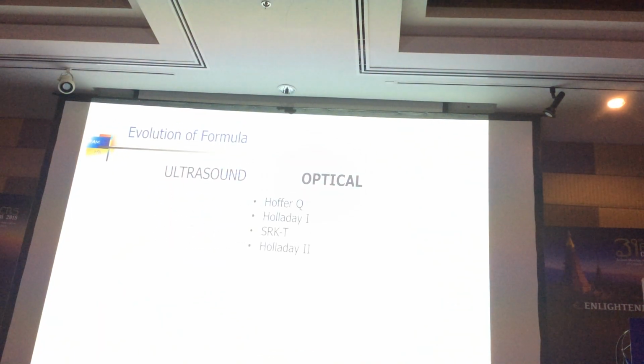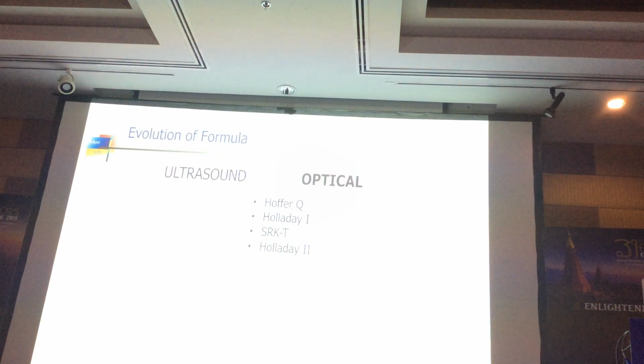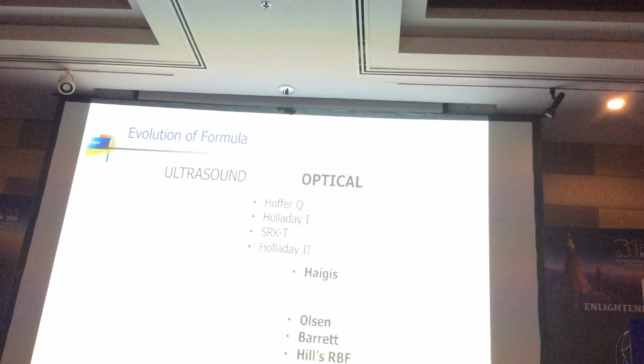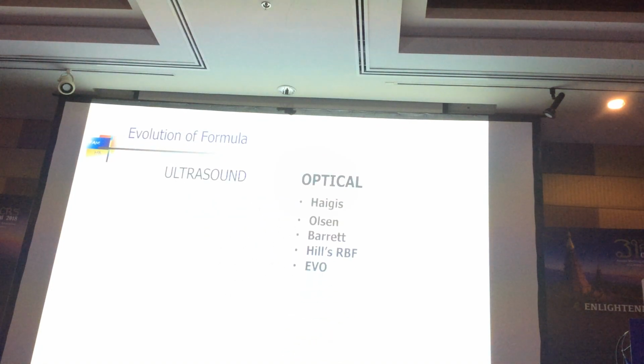Of course, in the beginning, we didn't have these formulas. We still used the old formula. But based on what I showed you, it's quite obvious. This formula, if you're using optical biometry, is on the way out. Haigis is the first optical formula, followed by the rest. And today, I think the only sensible thing to do is to use the new formulas, not the old formula. Of course, the question you will want to ask me: what if the patient cannot be measured with